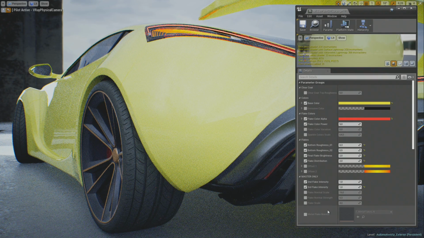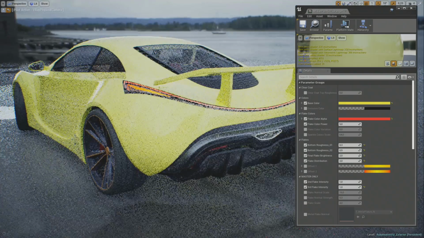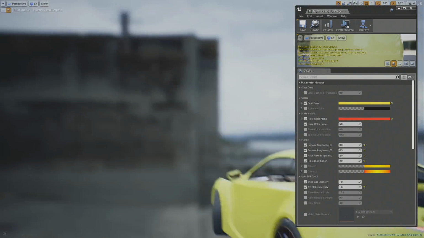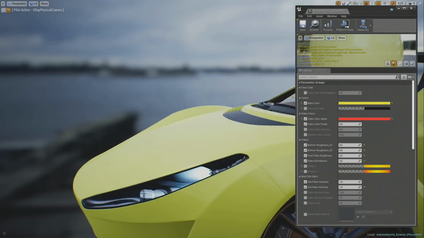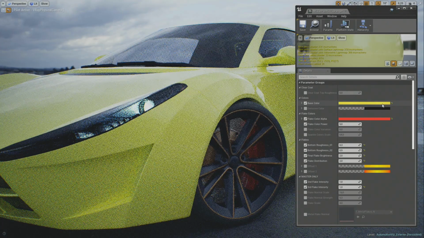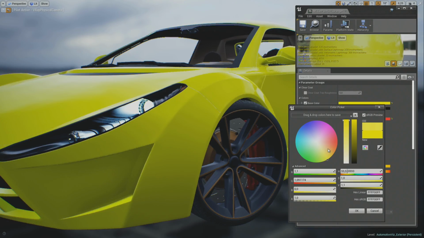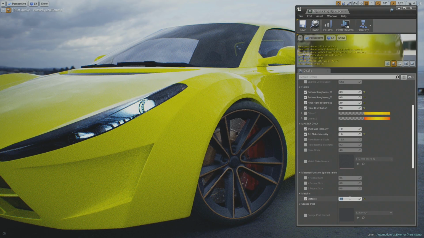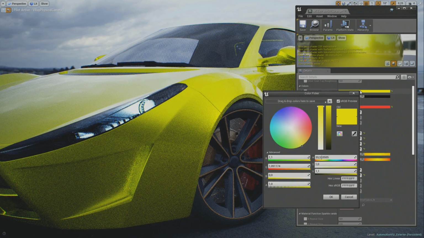Currently I'm using the graphics card that is rendering in the Unreal viewport for V-Ray rendering as well, so some changes in the parameters are a little bit sluggish. Let's reposition this. Okay, I kind of like this. And again, play interactively with the colors, with the parameters. I'm going to bring back the metallic,